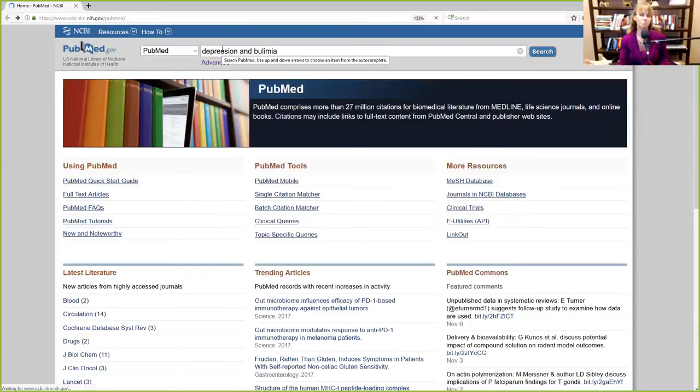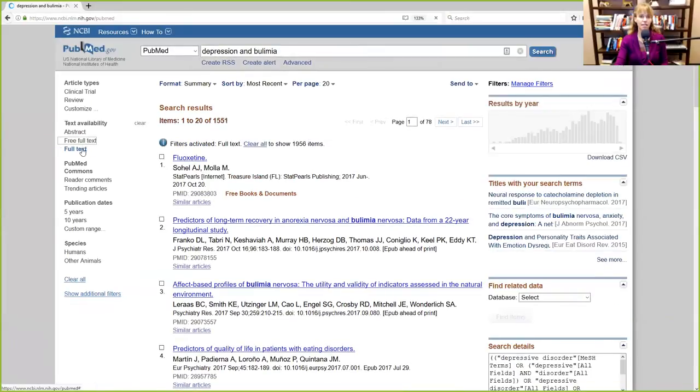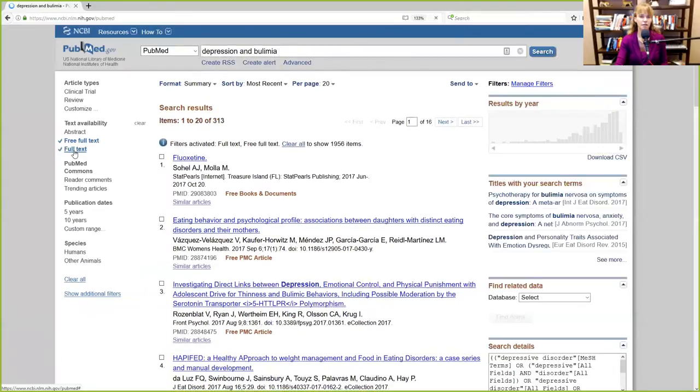Let's look at the research out there on depression and bulimia. Well, that gives us a lot of stuff. And what I like to do is I go through and I look at free full text. Whoops, not full text, but free full text, because I don't have access to a university really close where I could go look at full text articles online. So free full text articles